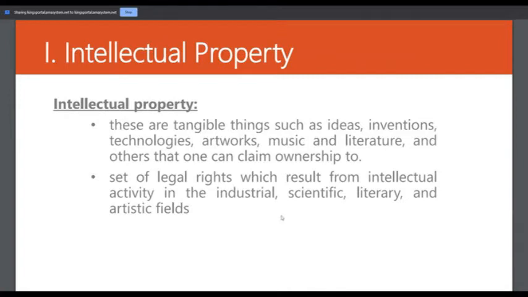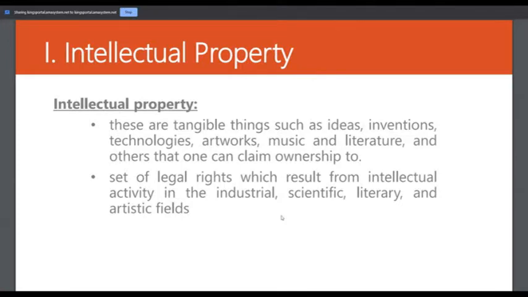So let's start defining intellectual property. These are tangible things such as ideas, inventions, technologies, artworks, music, and literature, and others that one can claim ownership to.